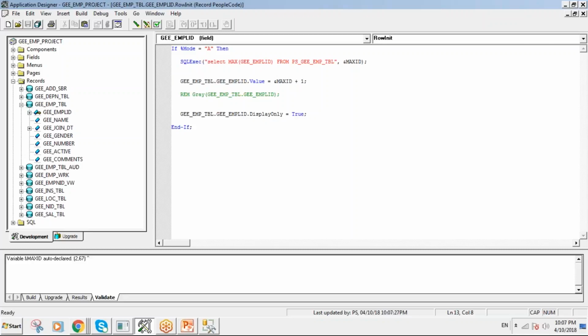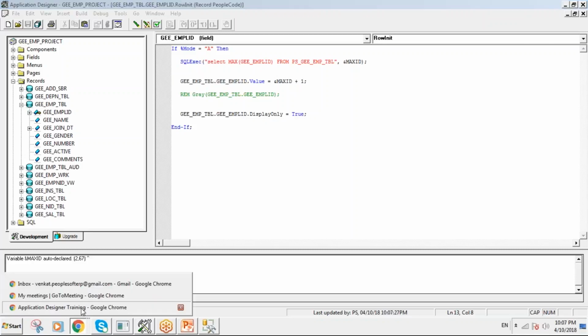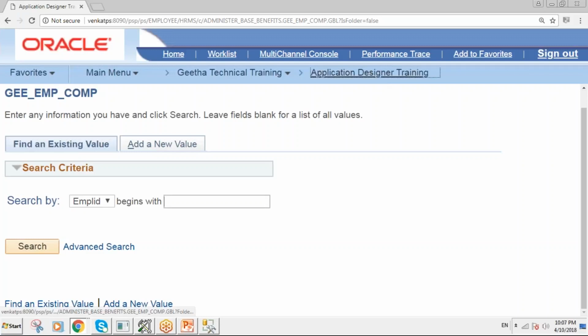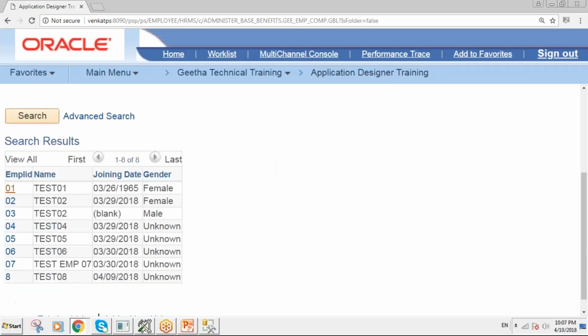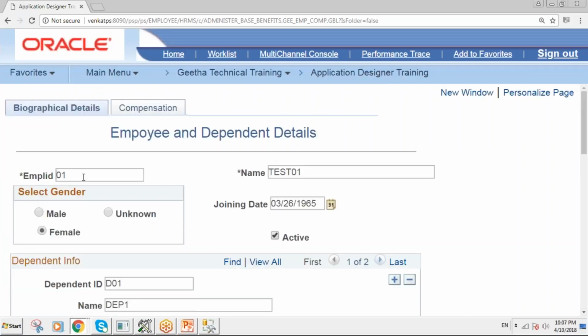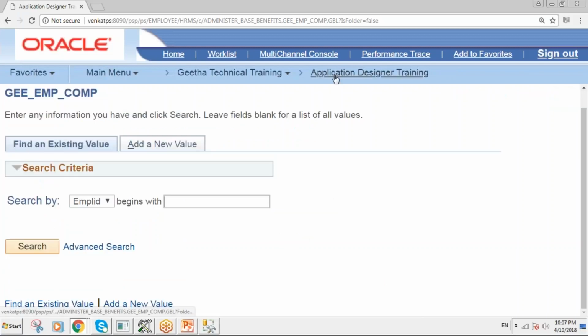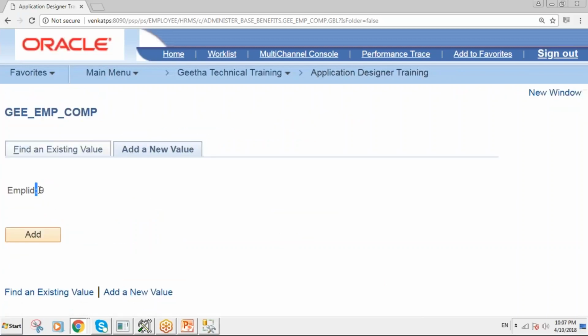Now simply go ahead and check it. Very simple. If you open the employee ID here, it will show you as it is. Whenever you are in the add mode, it is still showing the same functionality that we designed. Why did I do this